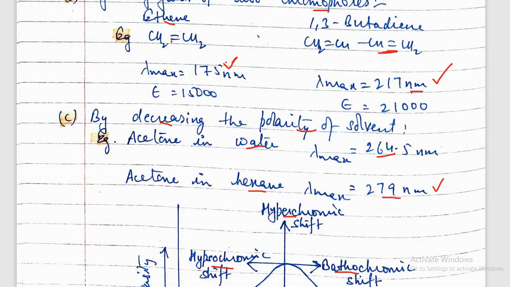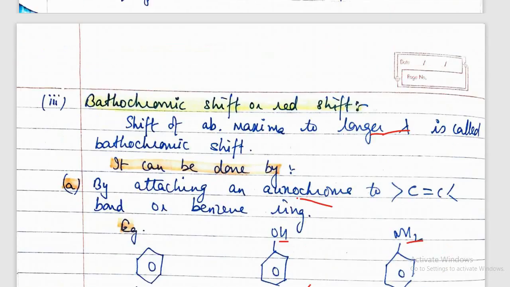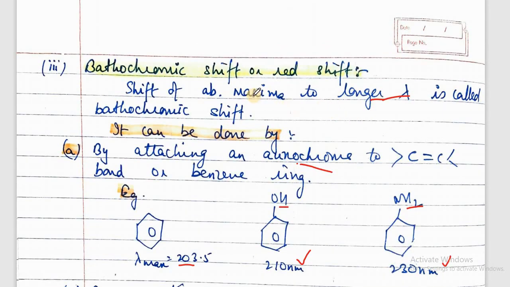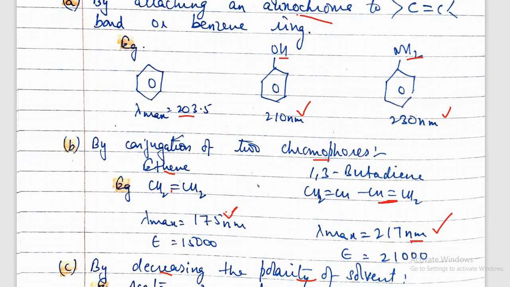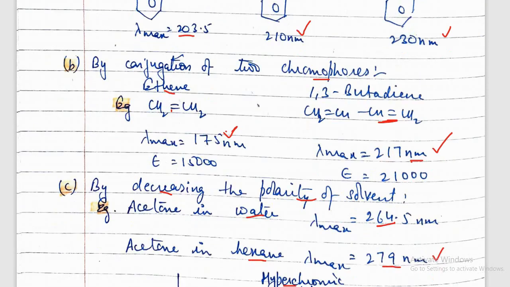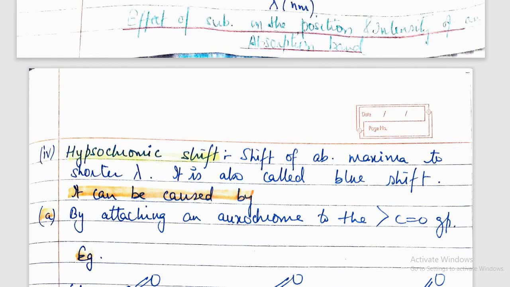So these are the three ways by which, in bathochromic shift, we can shift the absorption maxima towards the longer wavelength, that is by attaching an auxochrome to a carbon-carbon double bond, or by conjugation of two chromophores, or by decreasing the polarity of the solvent. So next is